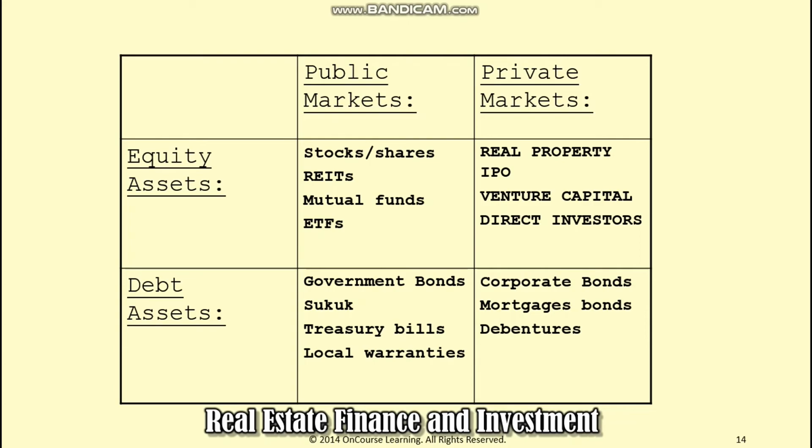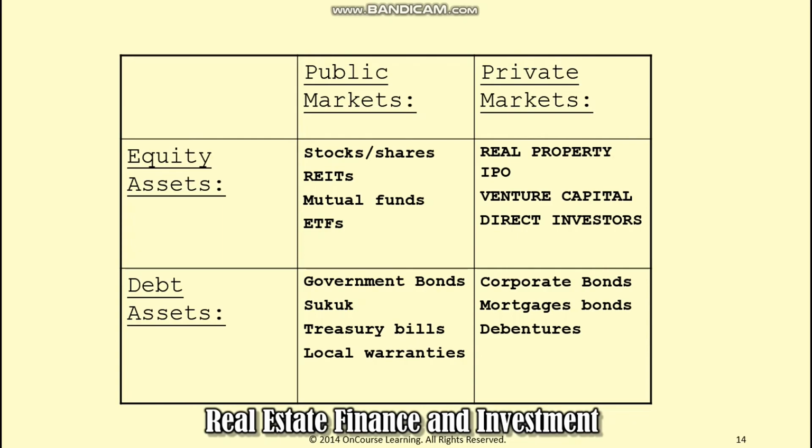For private debt securities, okay, so private debt securities are issued by corporations and or by financial or non-financial institutions that run the spectrum in quality and yield. Examples of private debt securities are corporate bonds. When corporations go to the capital markets to obtain money for all corporate purposes, the single most important source of funds is through the sale of debt securities. It is a long-term written promise to pay a certain sum of money at a certain time for a specific rate of interest. Second one is